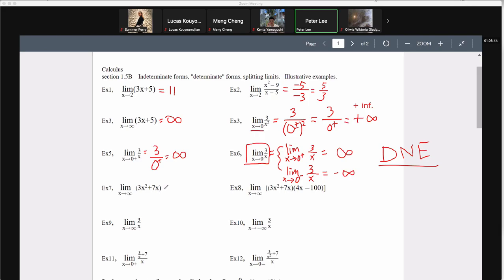Okay, so now let's look at example 7. Example 7, oh, this one is just infinity